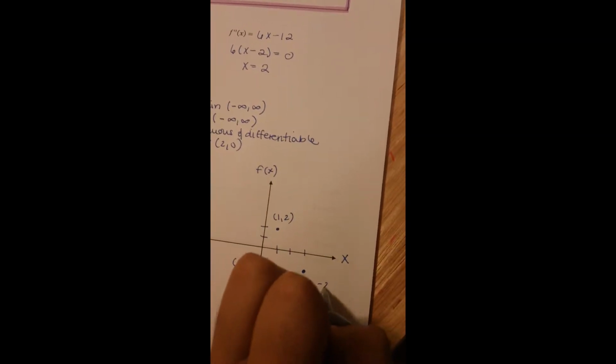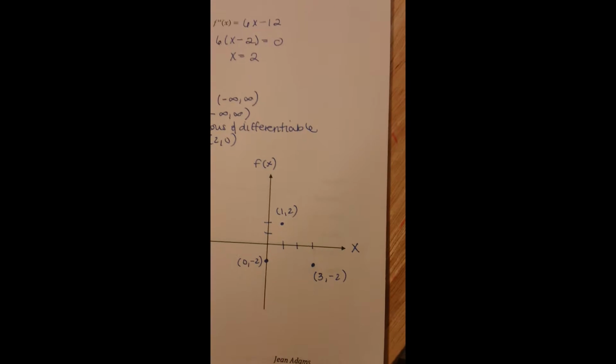And that's the point. 1, 2, 3, negative 2, and 2, 0. And the function is going from